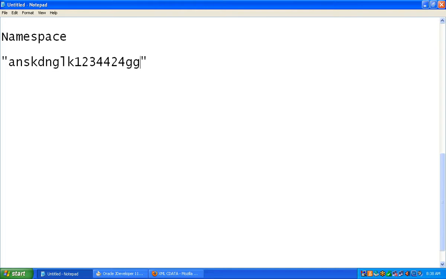All right, so the formula is simple here: http slash slash, and the first thing I use is xmlns, that means XML namespace, dot your hostname. Hostname could be sanari.net